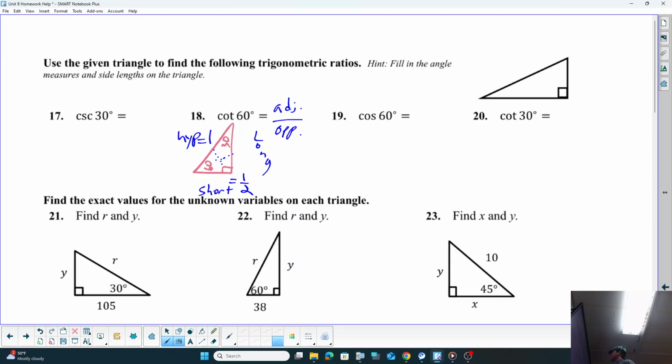And if our short leg is equal to 1/2, that means our long leg is going to be radical 3 times that. So that's going to be 1/2 times radical 3. So now we have radical 3 over 2 for the long leg. And if our adjacent side is 1/2, and our opposite side is radical 3 over 2,